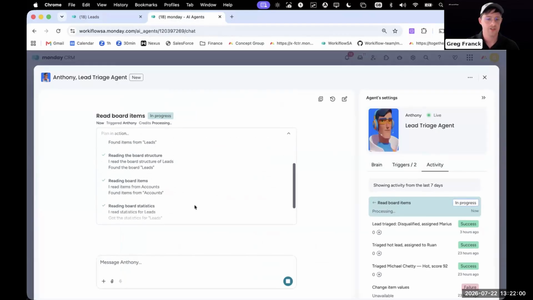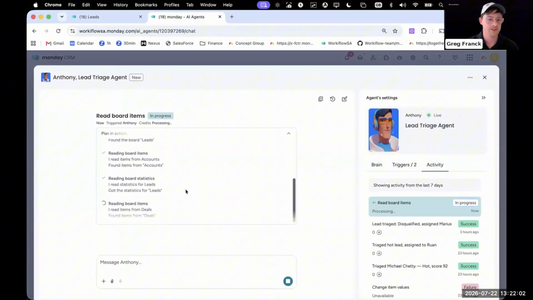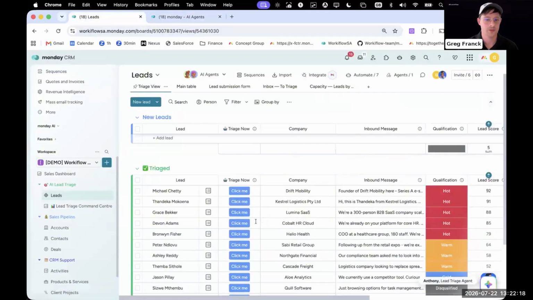There you go. Now it's cross-checking for the accounts and for the deals. It's going to find out whether there is any existing account or deals. There we go. And when it's done, it should update and post an update to our lead. So if we go and check it out now,